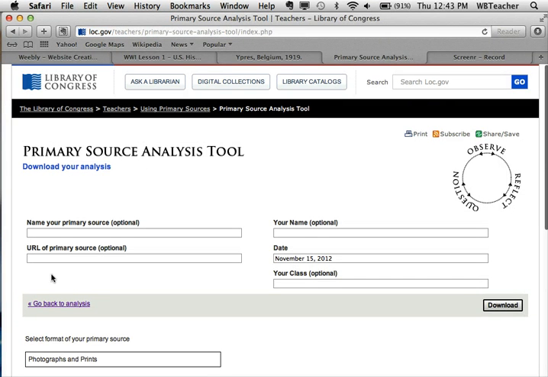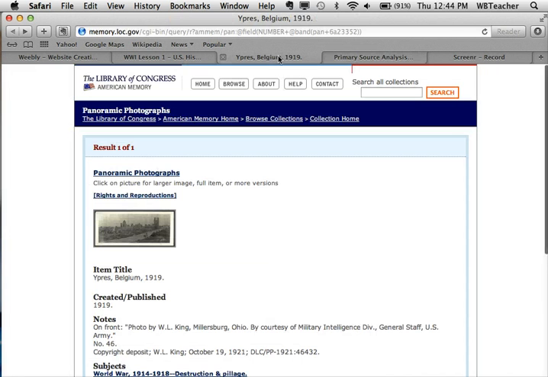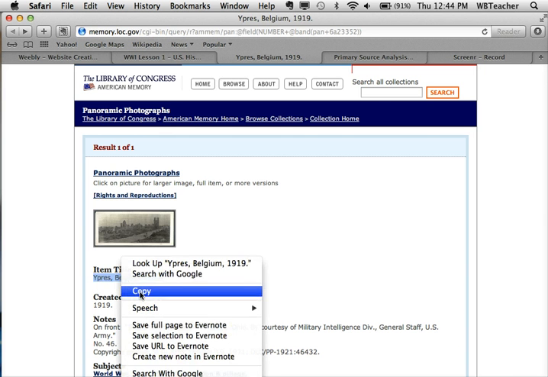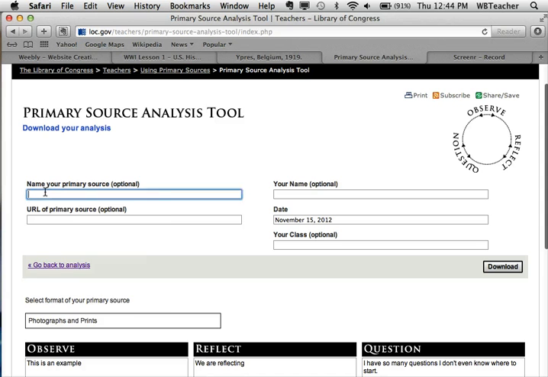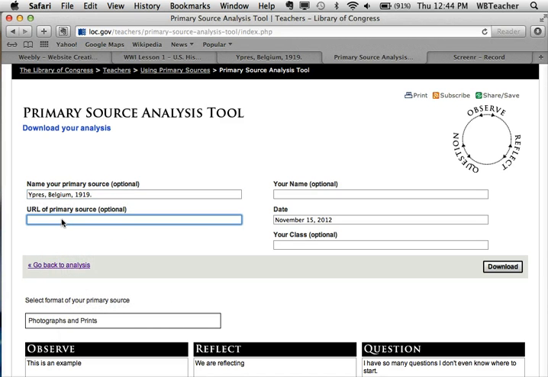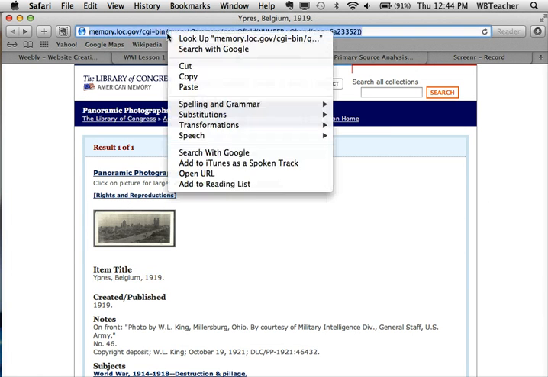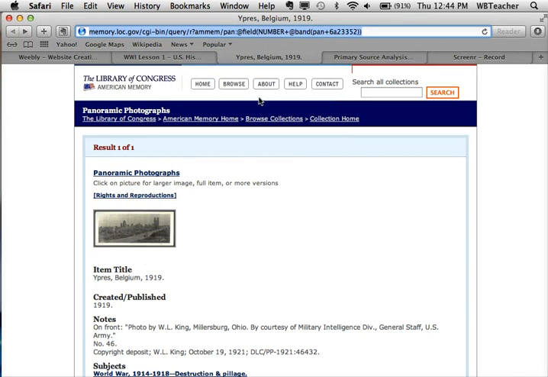and there are some things you need to do to label your primary source analysis. First, we want to name the primary source. So you're going to have multiple tabs open up here. We're going to click, and we know that this title is Ypres, Belgium, 1919. You can simply copy and paste. Like that. Then we want the URL of the primary source. So again, we're going to go back here. Our URL is up here. We will copy